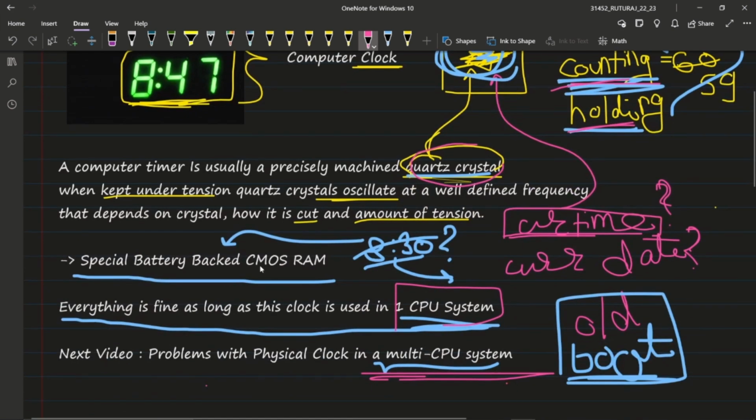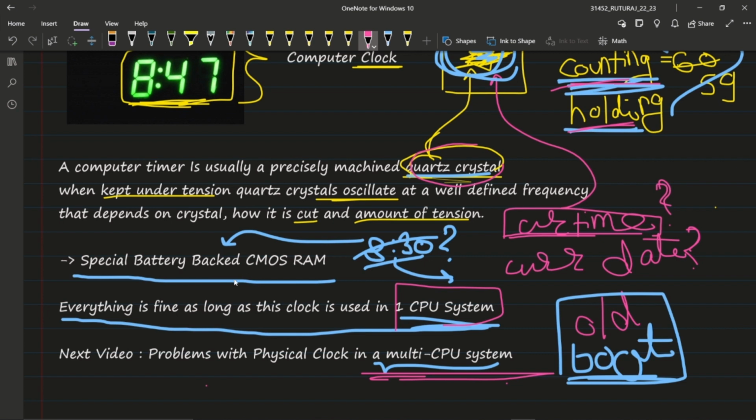Next we saw about battery backed CMOS RAM. इसमें मैंने बताया कि न्यू सिस्टम्स फर्स्ट यू नीड टू सेट द टाइम एंड डेट, क्योंकि उसके बेसिस पे अगले कैलकुलेशंस होंगे एंड द फर्दर टाइम विल बी कैलकुलेटेड, बट इट नीड्स टू हैव सर्टेन बेस वैल्यू. नेक्स्ट वी सॉ स्पेशल बैटरी बैक्ड CMOS RAM. इसमें हमने देखा कि ईच टाइम वी बूट द सिस्टम, जो ओल्ड सिस्टम थे, हर बार बूट करने पे वी हैव टू सेट द टाइम एंड डेट, बट इन द न्यू सिस्टम्स यूज्ड अ बैटरी बैक्ड